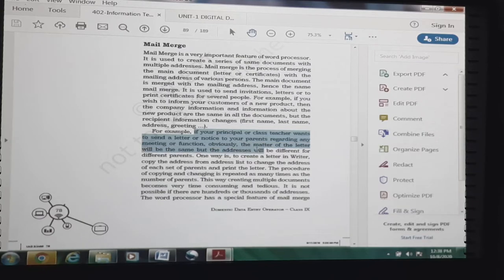The matter of the letter will be the same, the body of the letter will be the same, but the mailing address will be different for different parents.